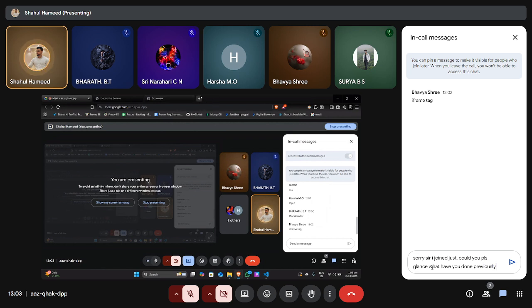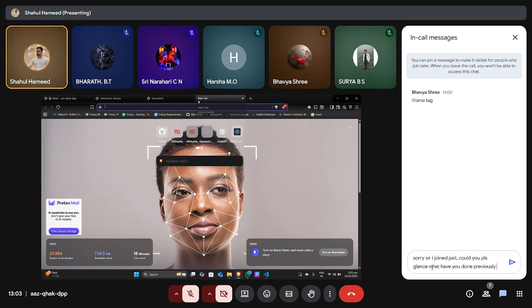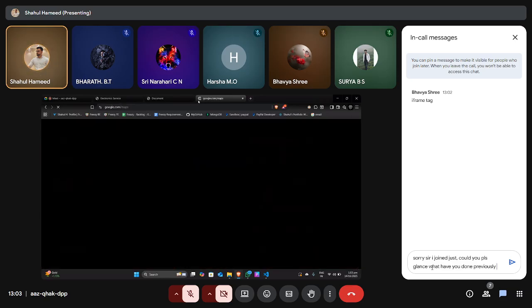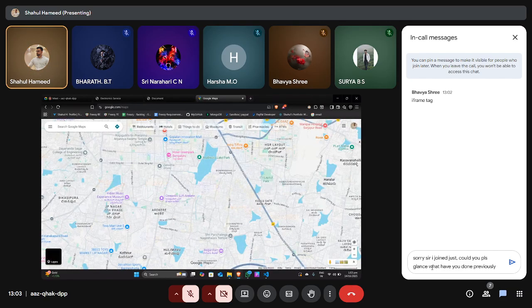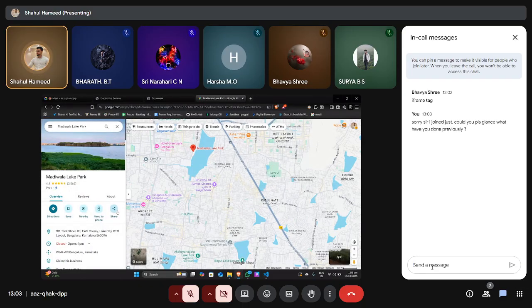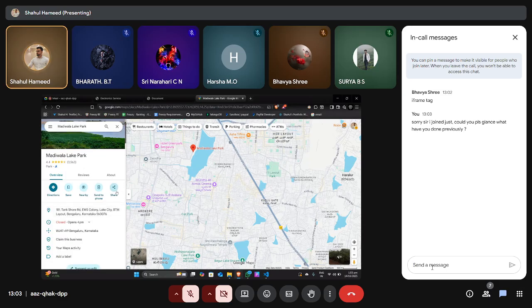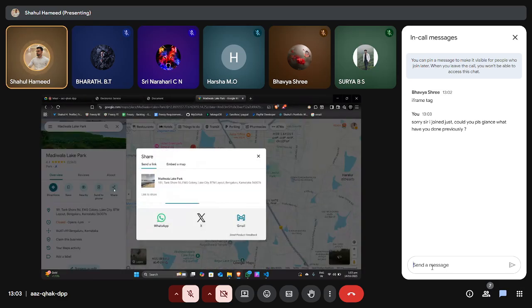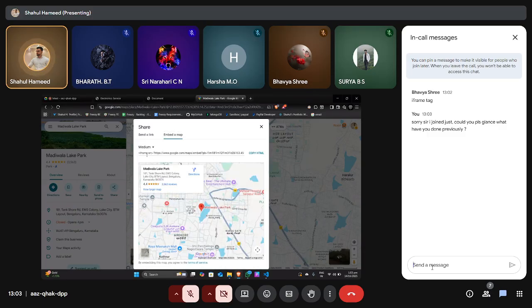Yeah, it's simple. Just search Google Maps and select any area. I will select this Madiwala Lake. Here, you need to click share. Select any location, then click on share. Here, embed a map. See, here you can see the iframe. Copy this,